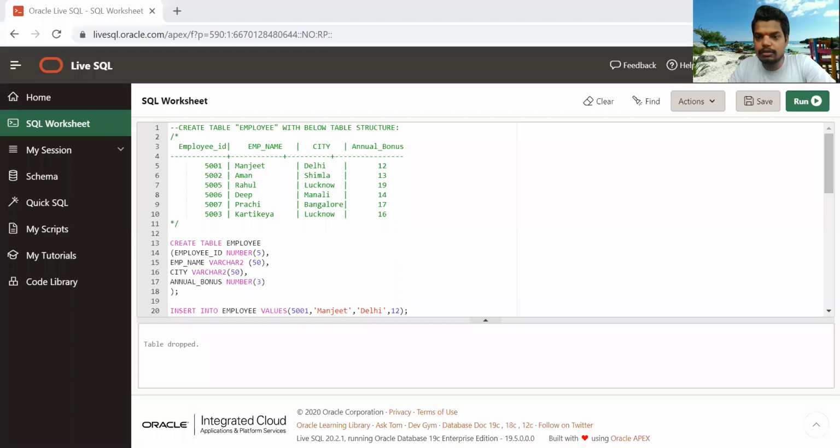So now I'll be sharing my screen and going on to my live SQL editor. As of now I have shared my screen.